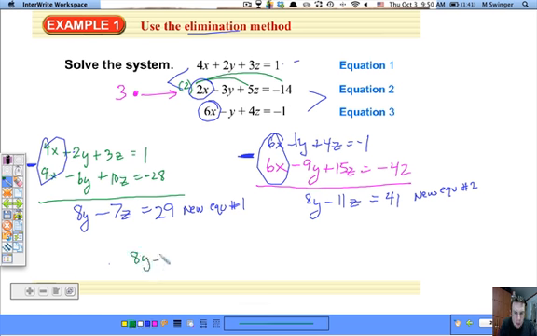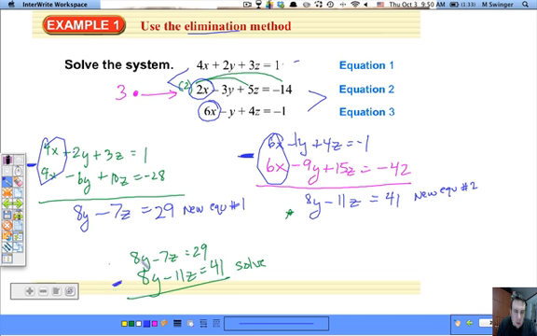So 8y minus 7z equals 29. And then we take this one, new equation number 2, put it underneath. 8y minus 11z equals 41. Now we're going to solve this system. You're going to use elimination here. We're going to eliminate one of the variables. What's the easiest one? Obviously 8y and 8y. We're going to